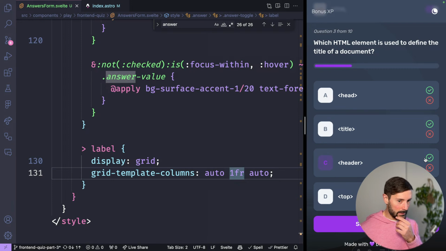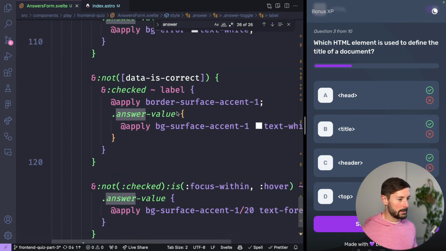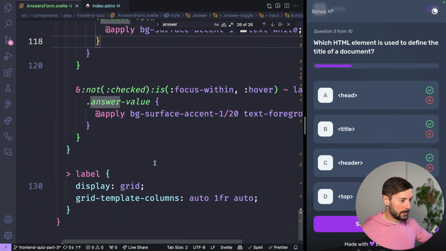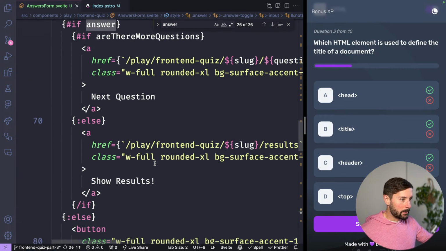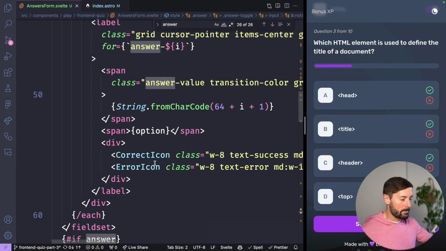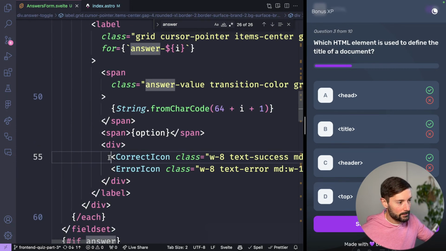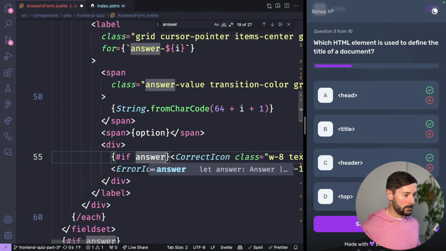And to show only the correct one. So what can we do there? We were trying to do some crazy stuff here, but we couldn't quite master it. So one of the questions is, we can show the correct icon if there is an answer, if answer,